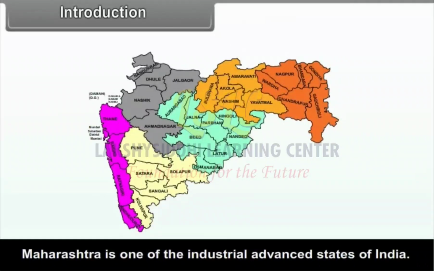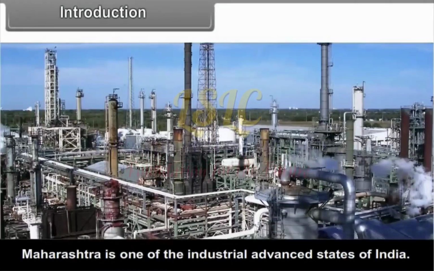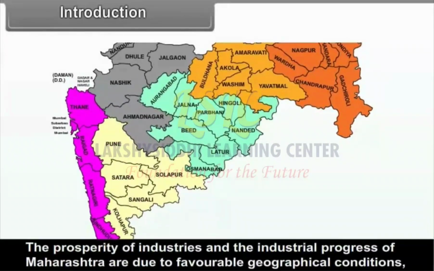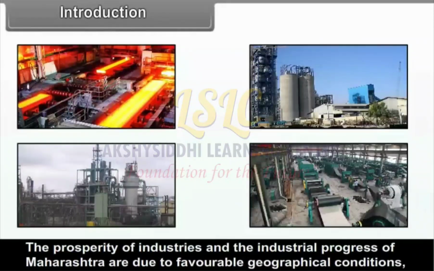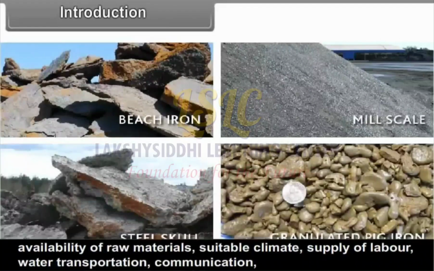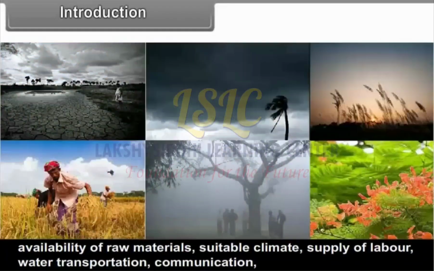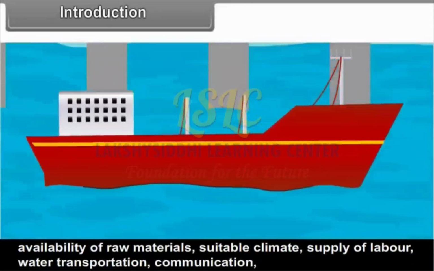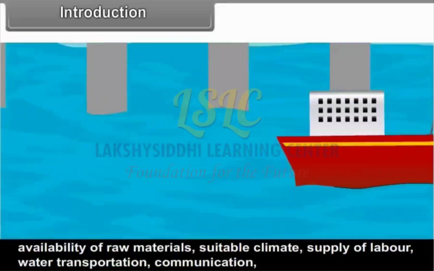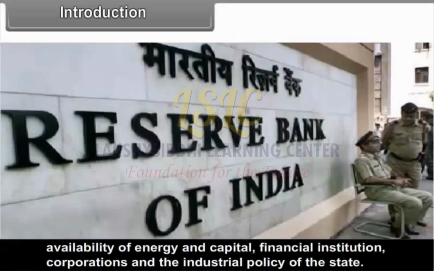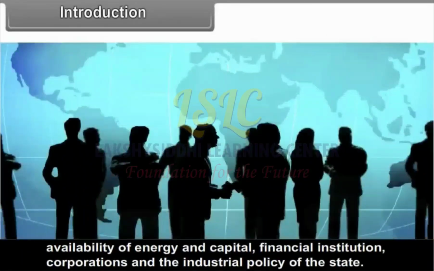Maharashtra is one of the industrially advanced states of India. The prosperity of industries and the industrial progress of Maharashtra are due to the favorable geographical conditions, availability of raw materials, suitable climate, supply of labor, water, transportation, communication, availability of energy and capital, financial institutions, corporations, and the industrial